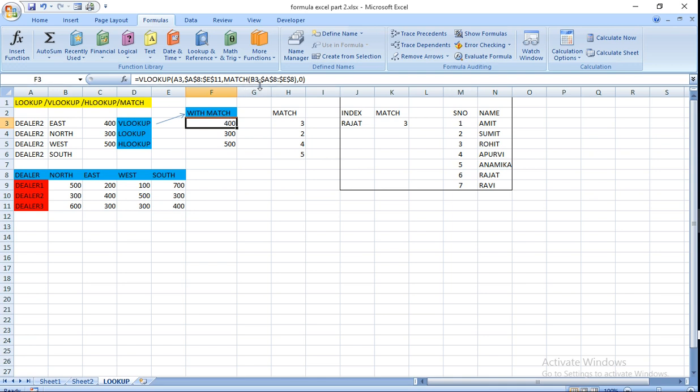Here MATCH B3, it will give you a 5. Look at here, when you convert to South, it will give you the 5th position: 1, 2, 3, 4, 5. And change the value according to it.